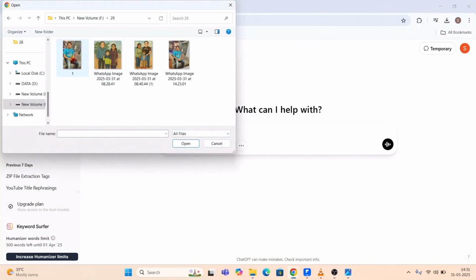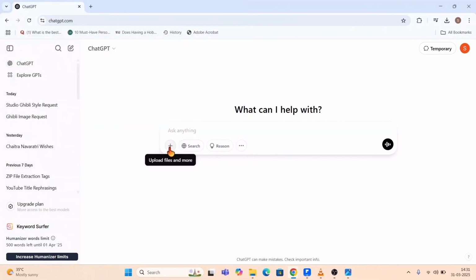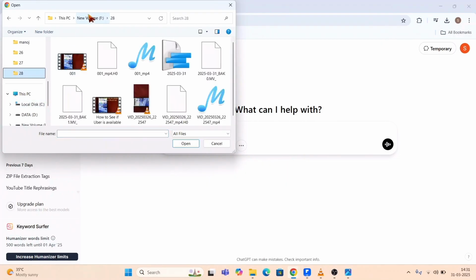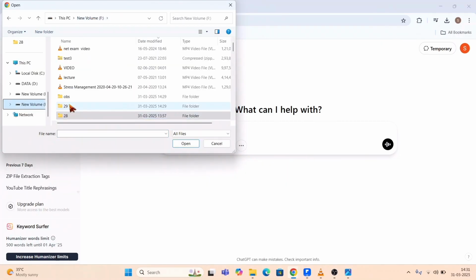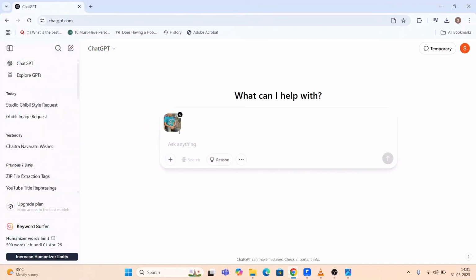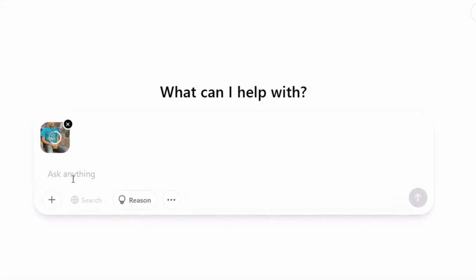Let us see. So simply I have to select, once again I say you, click on this plus, upload from computer, and if you are using your mobile, it is the same process. If you have ChatGPT app, so simply click on this photo and write a prompt. This is very important. You have to simply write this prompt, that is show me in Studio Ghibli,